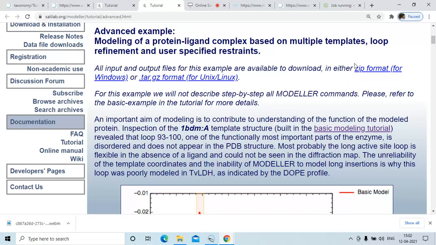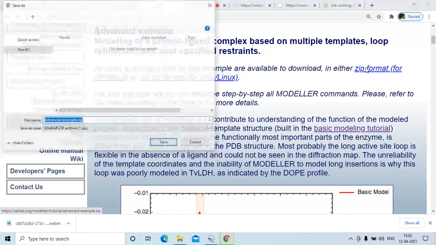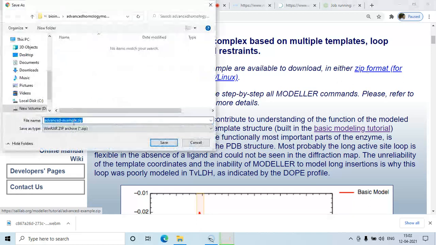So we will click on it. It is an example for the advanced modeling from where we have to copy our scripts or files.